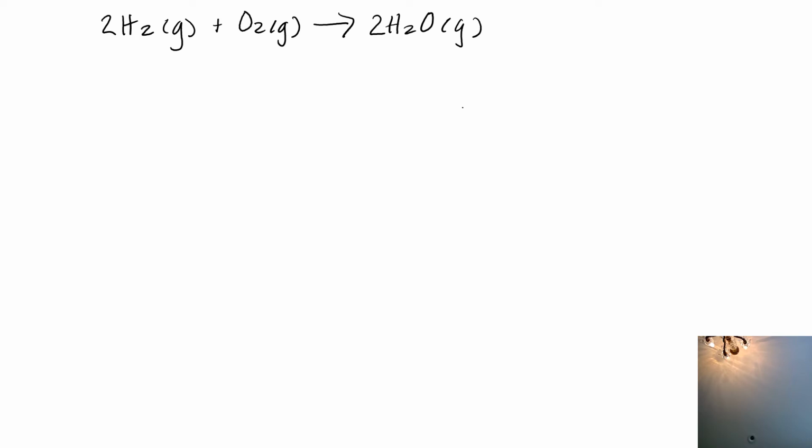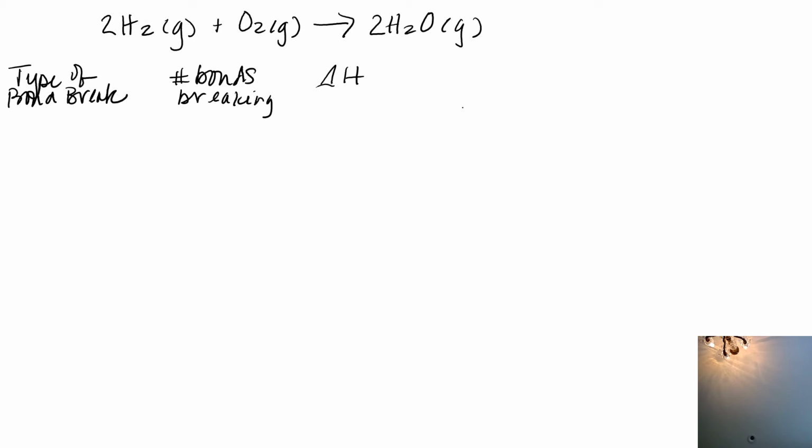We're going to indicate the type of bond breaking, the number of bonds breaking, the delta H for breaking one of those bonds, or a mole of those bonds, and then we will,